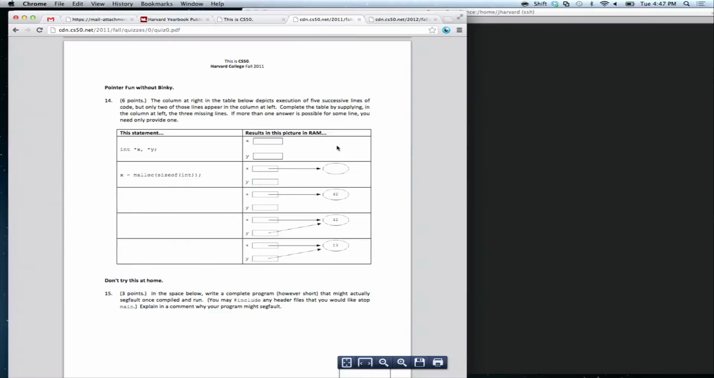Other questions? Anything from past quizzes? Any pointer things? There are subtle things with pointers, like, I'm not going to be able to find a quiz question on it, but just like this sort of thing,